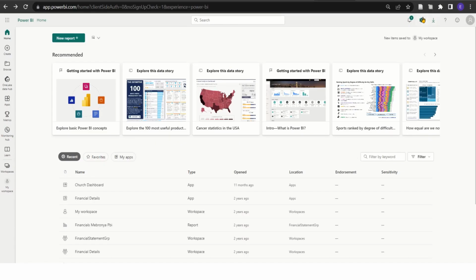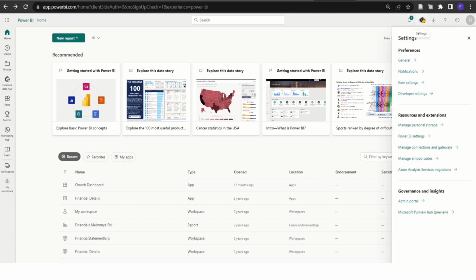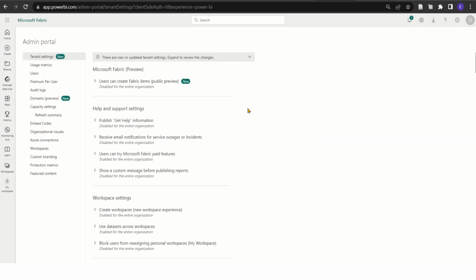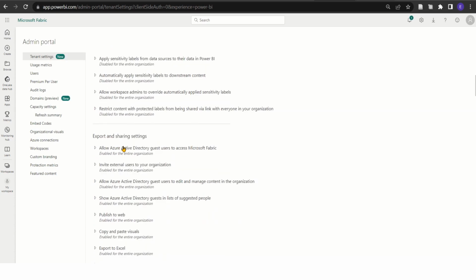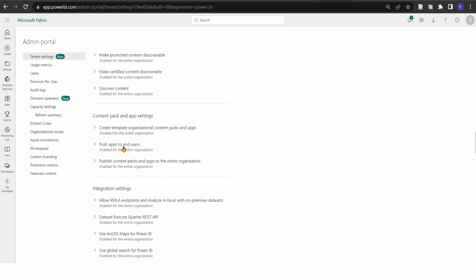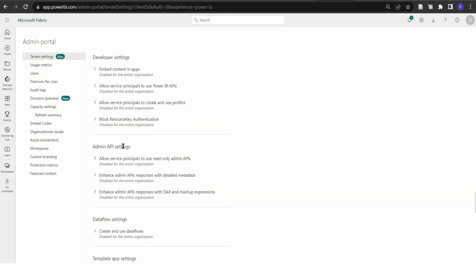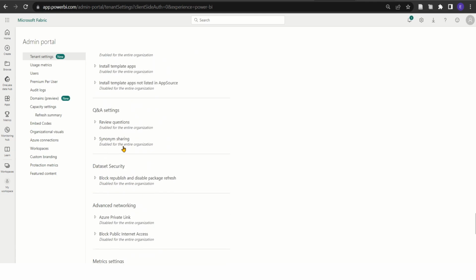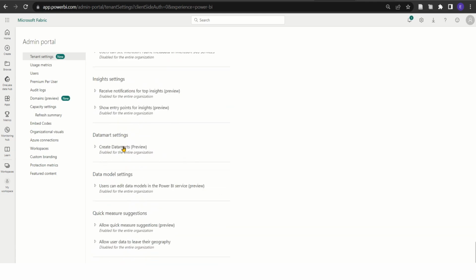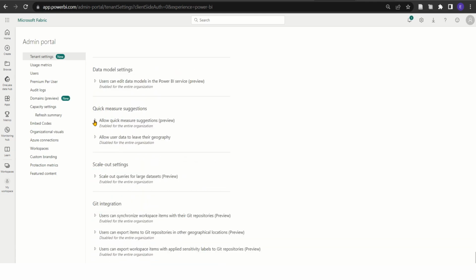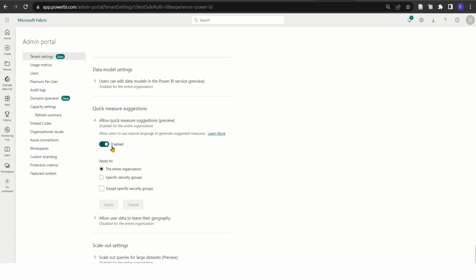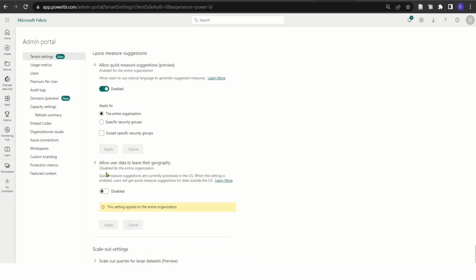Then also head to Settings. When you go to Settings, go down to Admin Portal. Then in the Admin Portal, under the Tenant Settings, go down to Quick Measure. Scroll down to quick measure. Now, when you click on this arrow, enable these settings, and then you can also enable this,